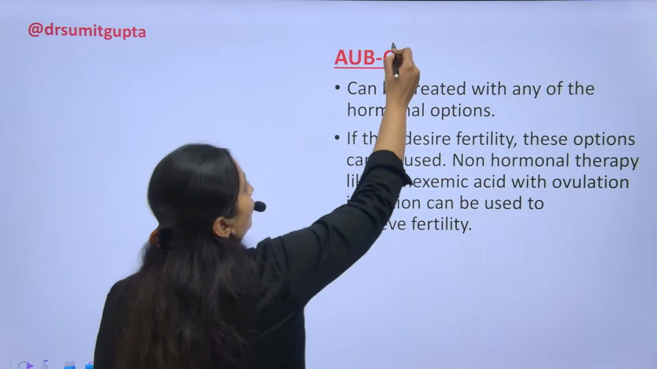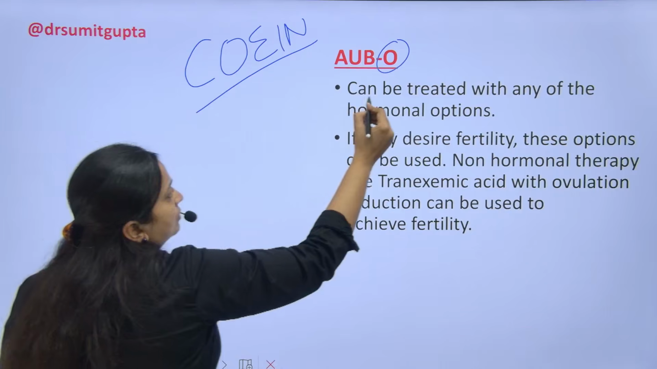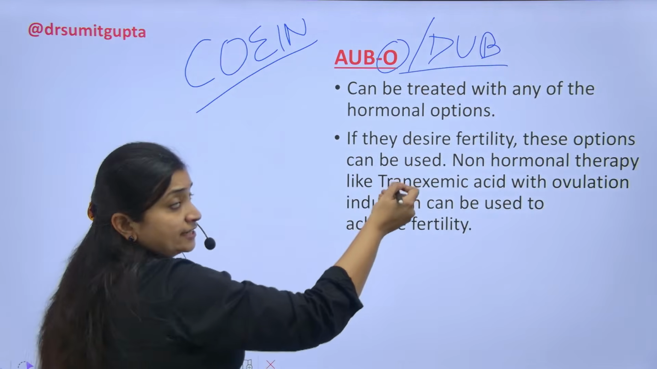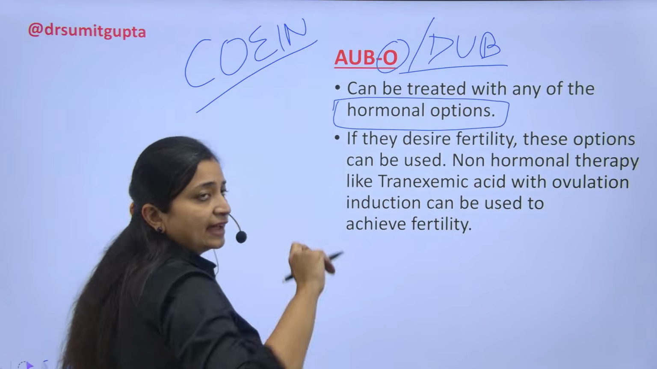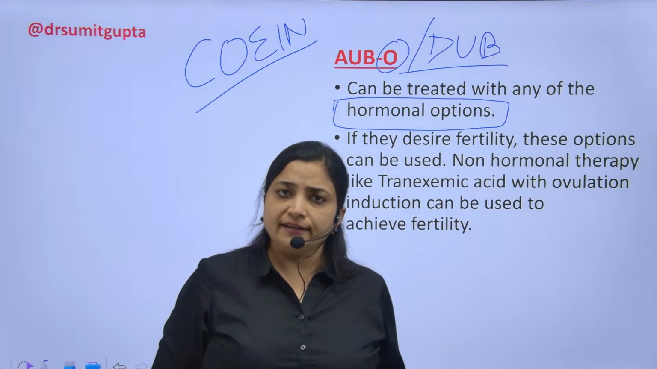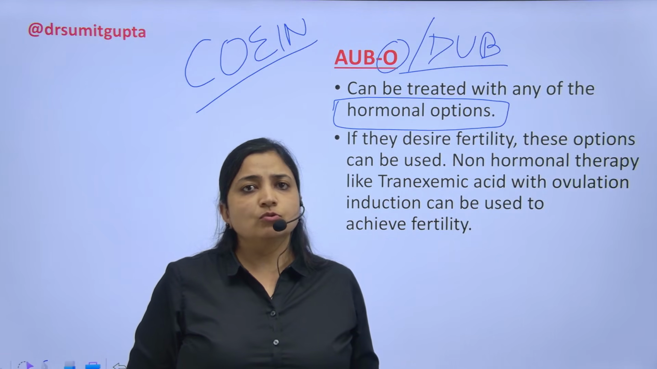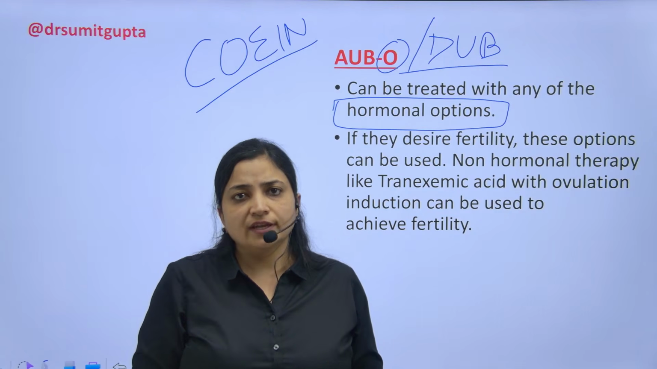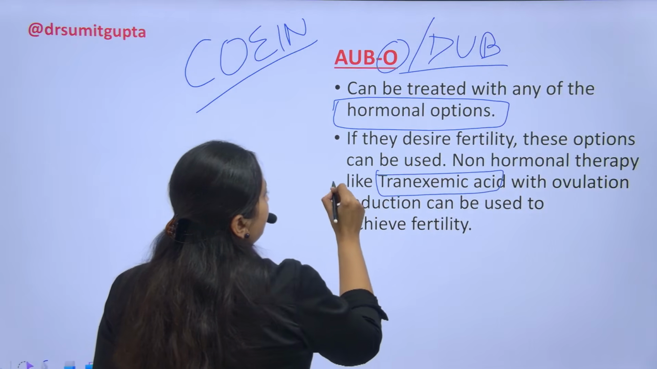Then comes O. We are going through COEIN. O is ovulatory disorders, earlier called DUB. Since it is DUB, there is no structural cause, so always go for any of the hormonal options that I discussed earlier in that table. But if the patient says that she desires fertility, she is having bleeding problems but wants to become pregnant, you cannot give hormonal preparations, because most hormonal preparations either act on the endometrium or suppress ovulation, and the patient cannot become pregnant. So in that case, try Tranexamic Acid plus NSAIDs